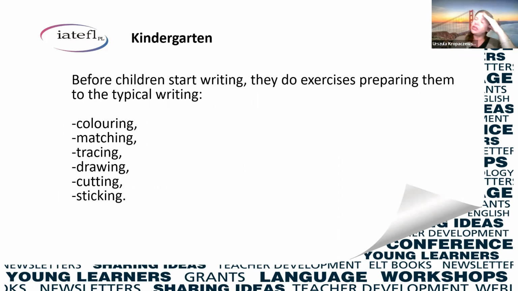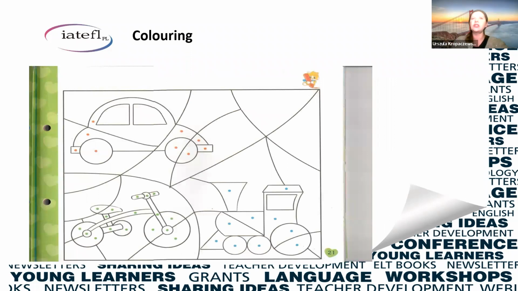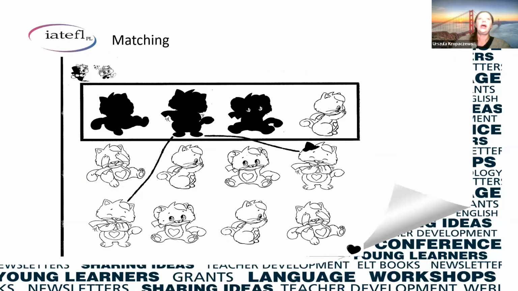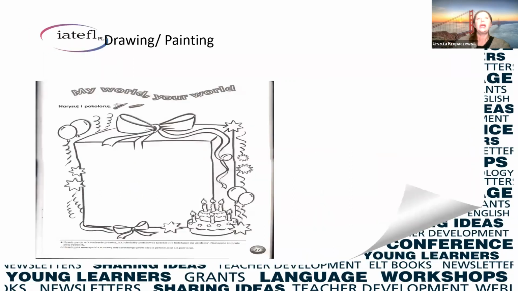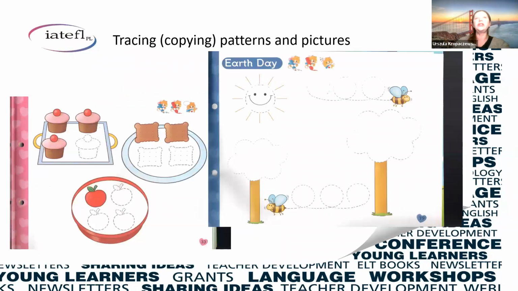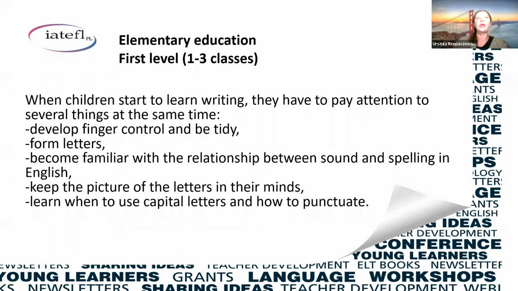But before children actually start writing, we have to prepare them for writing. They color, and they match things, they trace, they draw, they cut, they paint. So we just prepare their hands for developing writing skills. Okay, so coloring, matching, then painting, drawing, then tracing, copying, okay, and in the first classes of